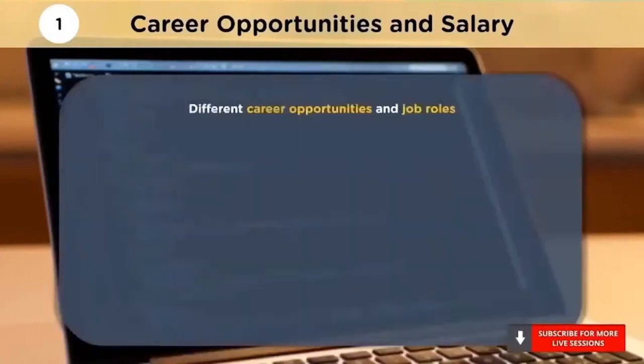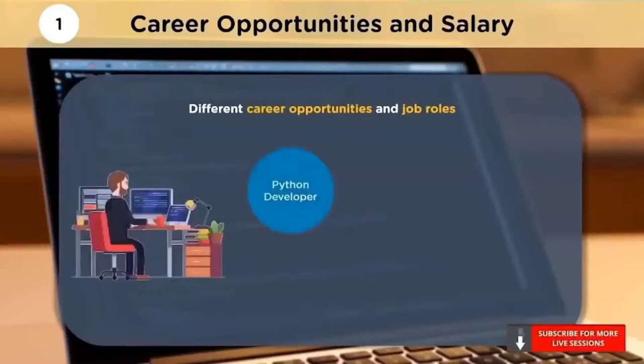Now let's talk about the different career opportunities and the job roles that you can get into if you learn the Python language. First, you can become a Python developer, where you will be asked to write and test code, debug programs, and integrate applications with third-party web services. Second, you can become a web developer. Here, you will be responsible for writing server-side web application logic. Python web developers usually develop backend components, connect the application with third-party services, and support the front-end developers by integrating their work with the Python application.